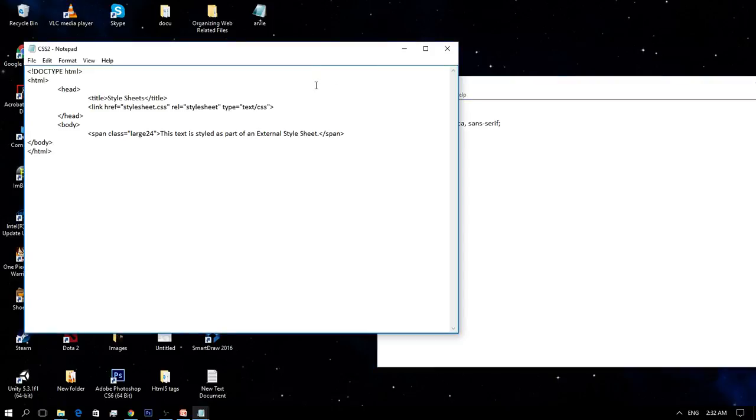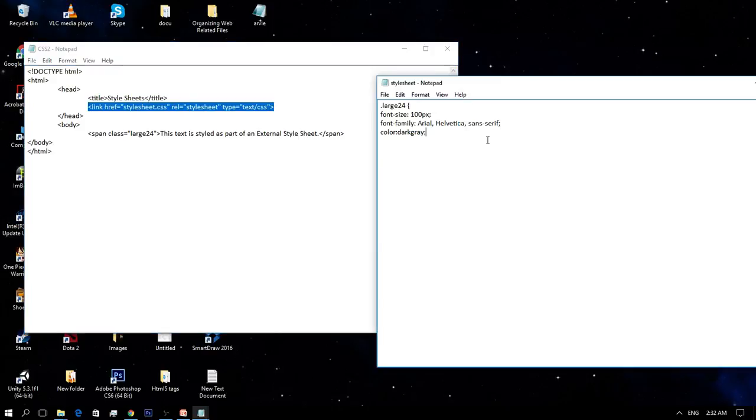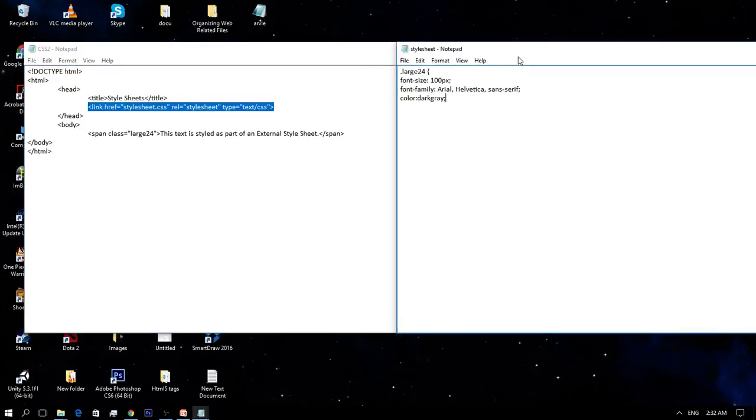The HTML file contains a link to that style sheet. We use a link to connect to the other document. The styles contained in the external style sheet can be used by all of the files on your site.